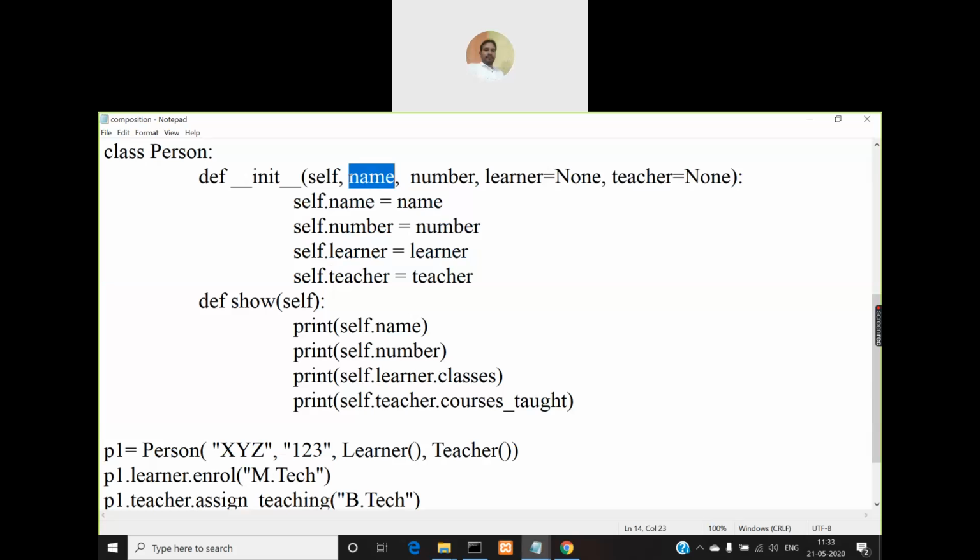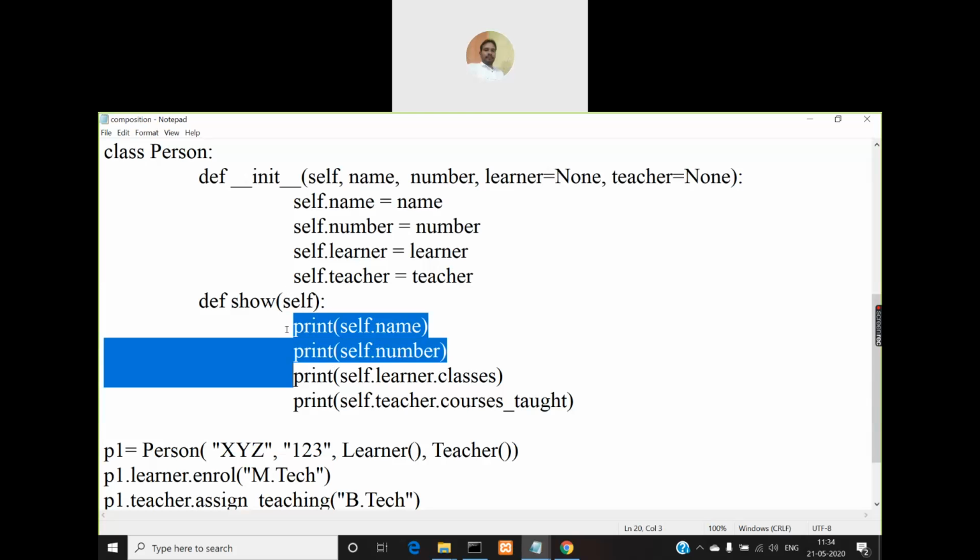The self.name is assigned with the name parameter, self.number is assigned with the value of parameter number, self.learner is assigned with the value of the learner parameter, and self.teacher is assigned with the teacher parameter. If no values are passed for learner and teacher, then they will be holding None value. Then the show method is defined, which does not receive any parameter, but what is it going to do? It is simply going to display